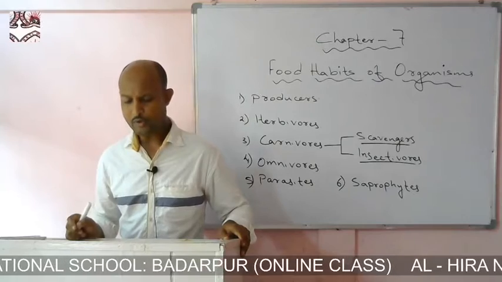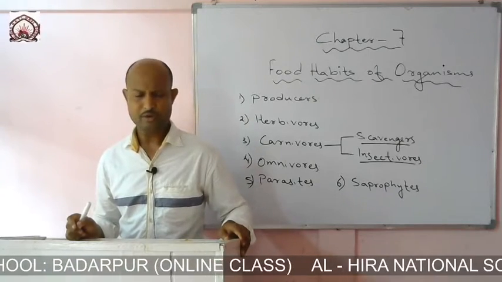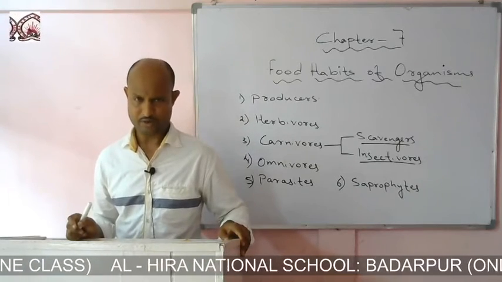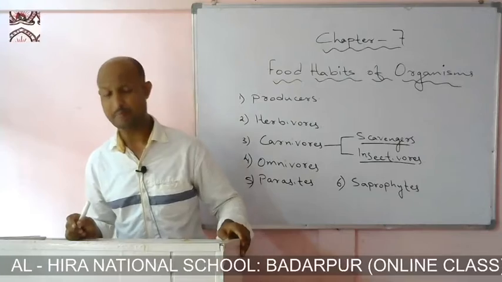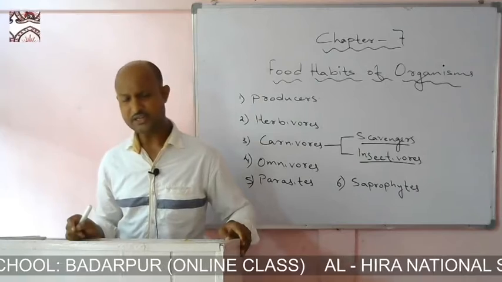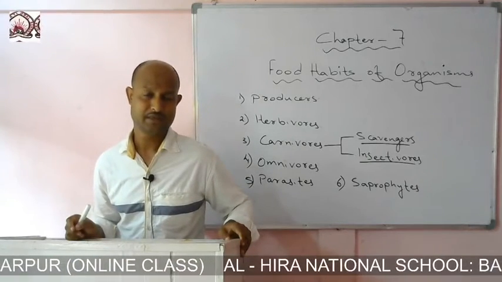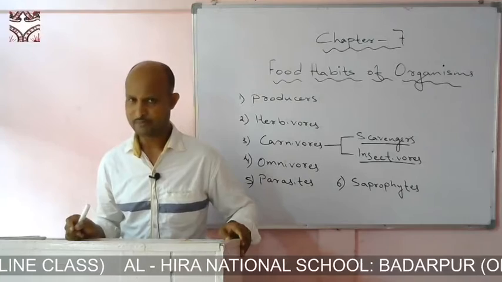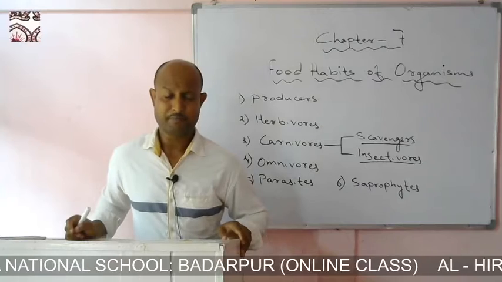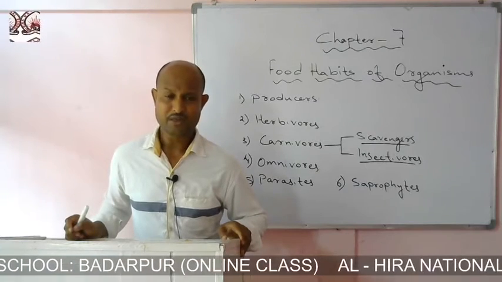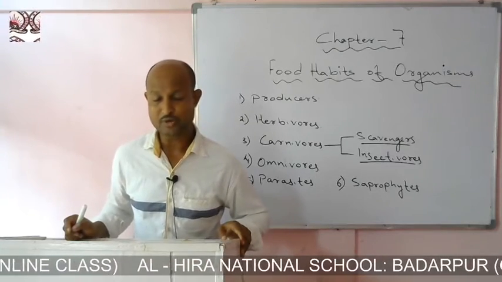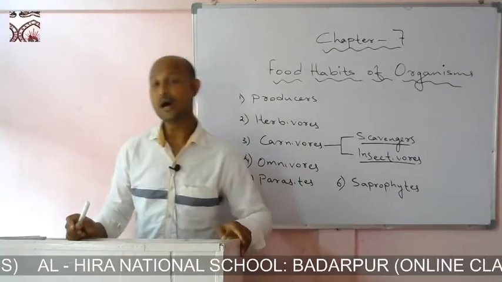When we talk about the feeding habits, we mean what the organism generally eats. The dog which we keep as a pet in our houses will eat the things that his or her master will eat. So if we keep these dogs as pets in our houses, we often give them the food that we eat, and the dog will also eat the same food. So the dog will come under the omnivores group.